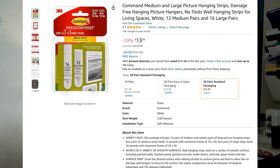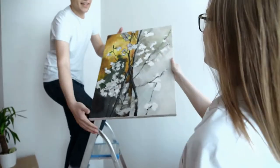I like the picture hanger, like double Velcro type strips from Command. I really like those. The plastic hooks I don't use for staging very much just because they look cheap. Like I'll organize a laundry room with them. But generally the double Velcro strips for those canvas artwork pieces that I'm getting at Ross or IKEA, those are really nice because the canvas artwork a lot of the time doesn't come with a string